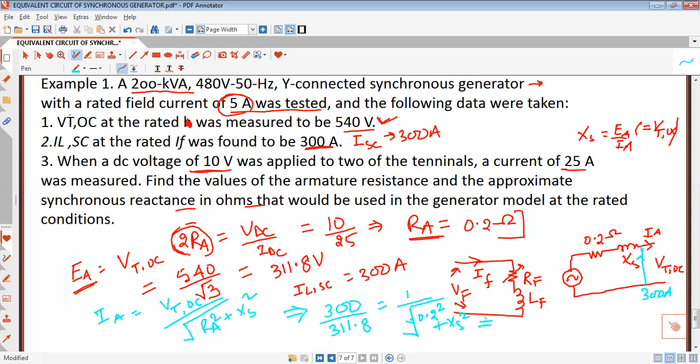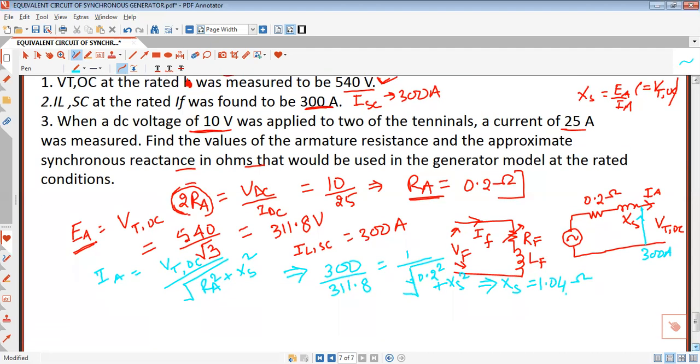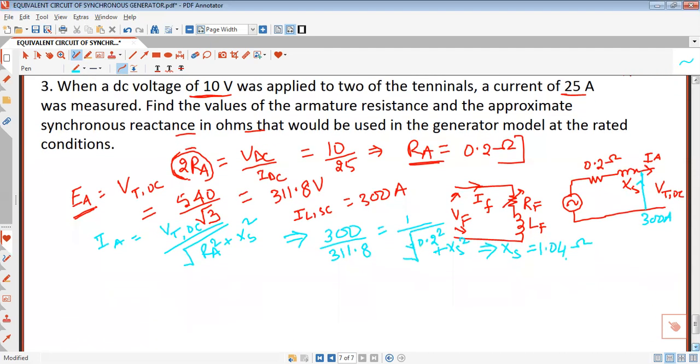So from this equation we can find the value of XS, which comes as XS equal to 1.04 ohm. So by using this relation directly, we are getting this value of XS. So our XS value is calculated. If we calculate it directly by using the open circuit and short circuit, as discussed in lecture 1, XS is equal to EA